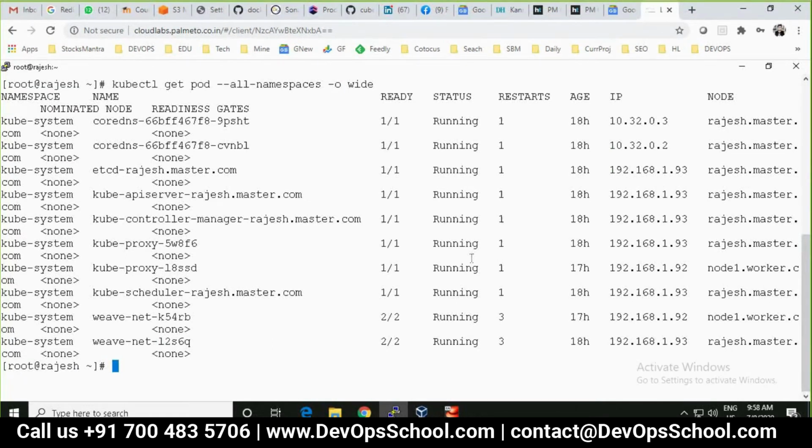Earlier I had all namespaces. Now I'm showing you the output of wide. I don't know whether the full screen is visible to you guys well or not. But you see that IP address. Yesterday someone noticed which IP address these system pods get. Look at the IP address of the system pod. That is my VM IP address. Remember? And look at the CoreDNS pod IP address. You know which IP address that is? That's the pod network IP address.